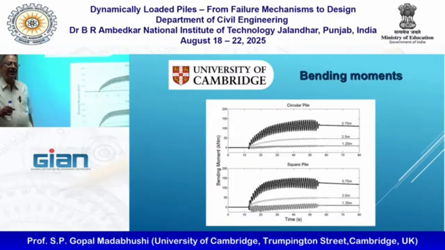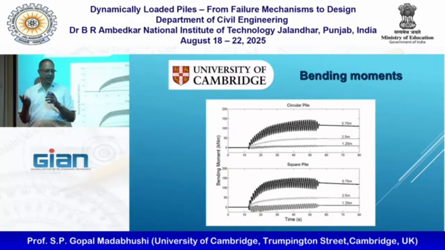So from a bending moment point of view, in other words the load that the pile is attracting, it was pretty similar. So you would say not much difference. So we can't really optimize on the shape. But where it was,